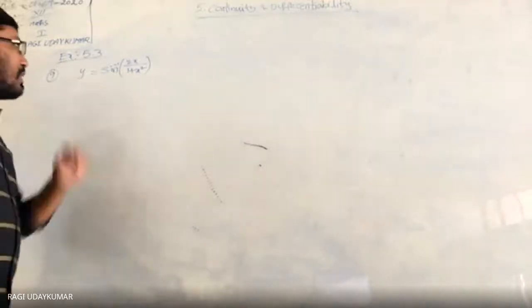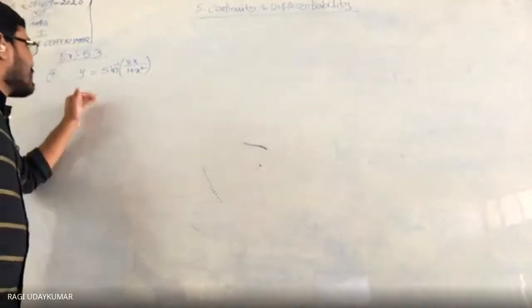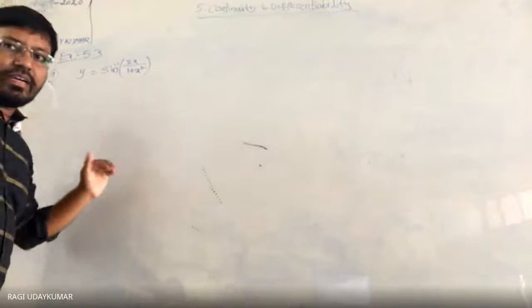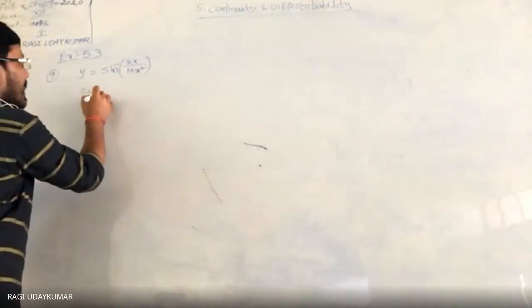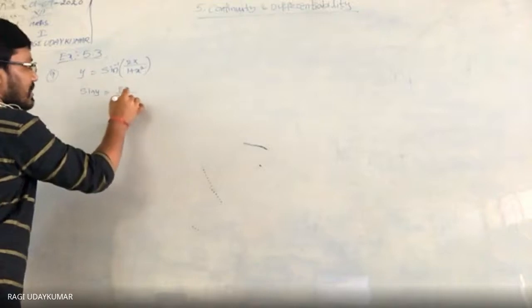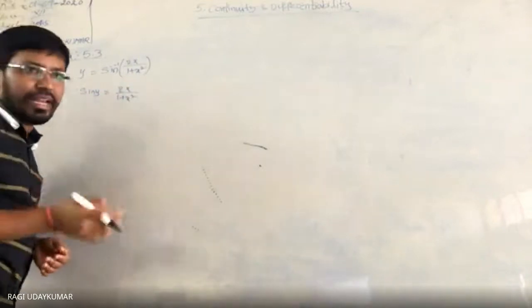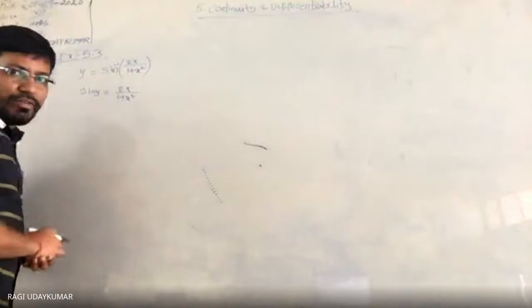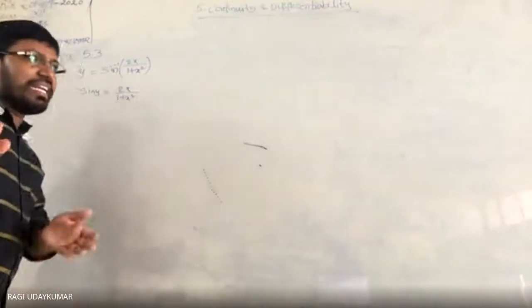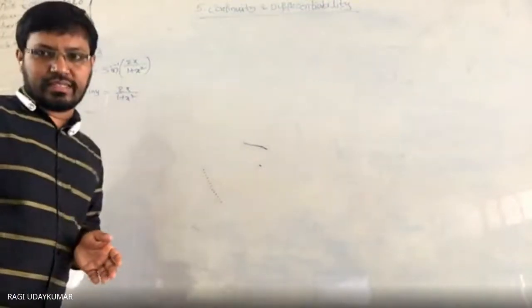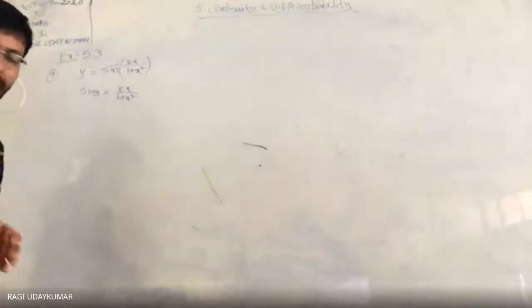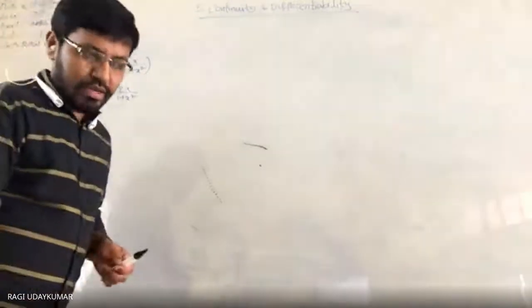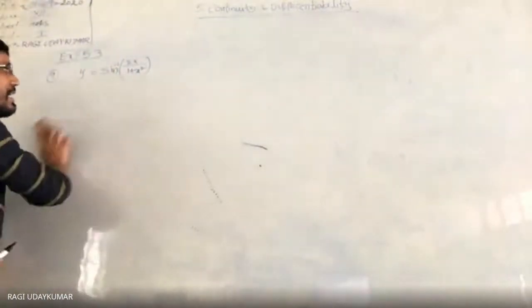Here if you observe properly, this can be written as sin y is equal to 2x by 1 plus x square. It takes a lengthy process if you do that. Differentiating on both sides, with the u by v method, simplifying takes a very lengthy process if you do it like this. This is also right, I'm not saying it is wrong, but it takes more time to you.